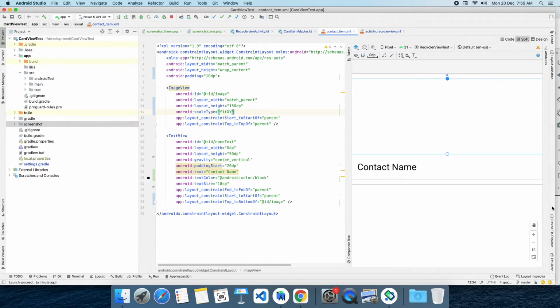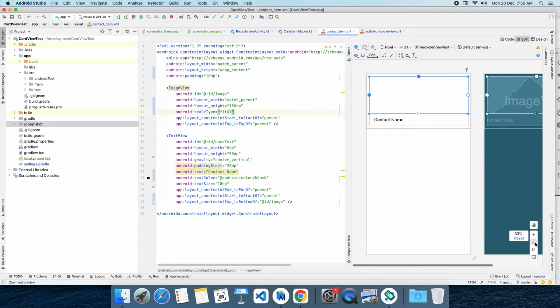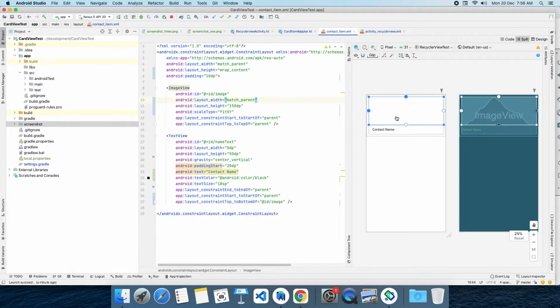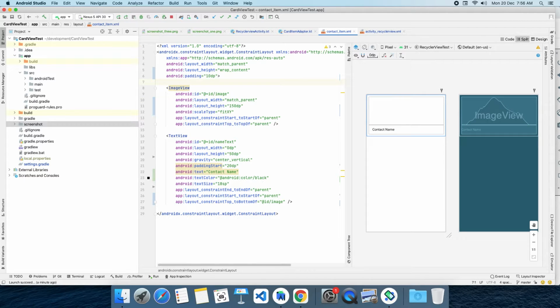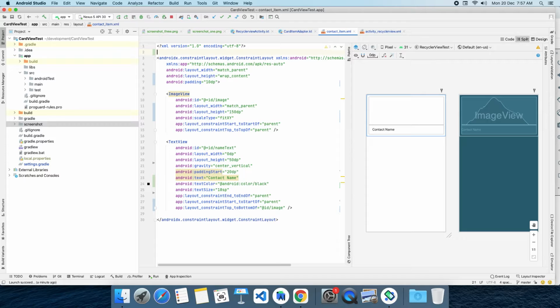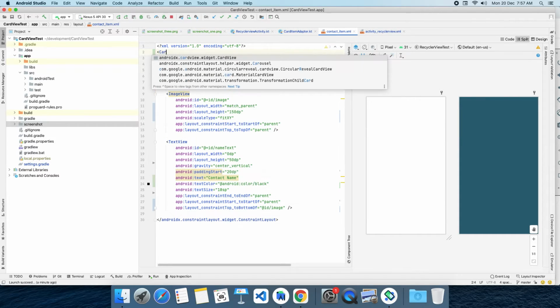Now see, zoom out a little bit. This is rendering one image at the top, one name at the bottom. Now apply card view here. Wrap this entire UI with card view.